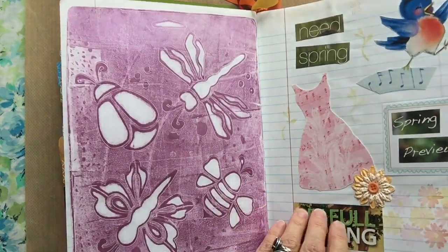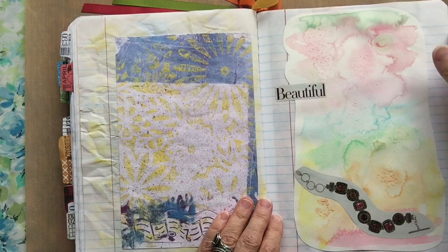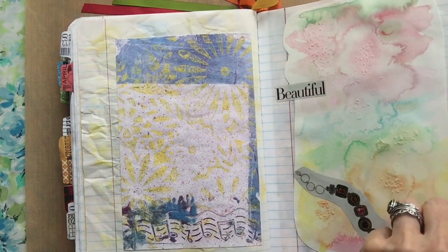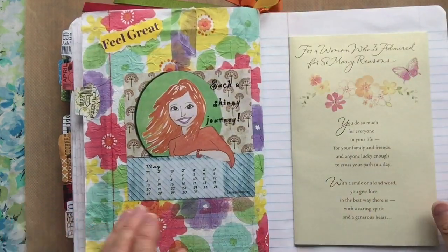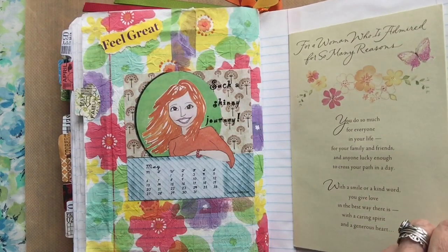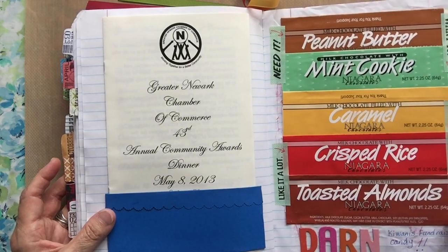And it's fun, and it reminds me of a really good year that I had, and I enjoy it a lot, and nobody really has to like it but me, and that's okay. But I don't mind sharing it because seeing something like this that someone else once did gave me the inspiration to make a journal like this. So that's why I would say, no matter what you think of your journal,